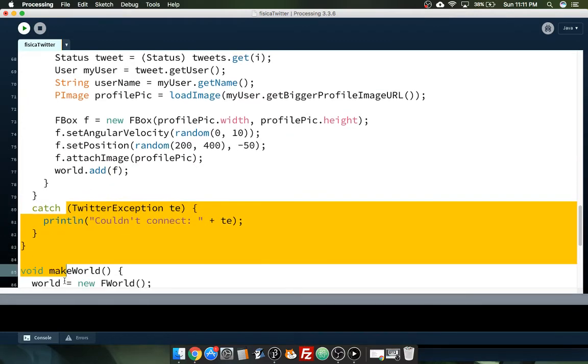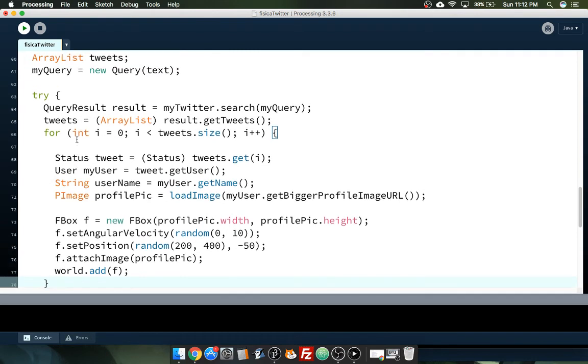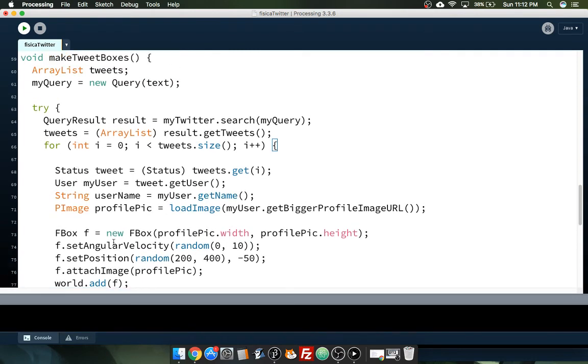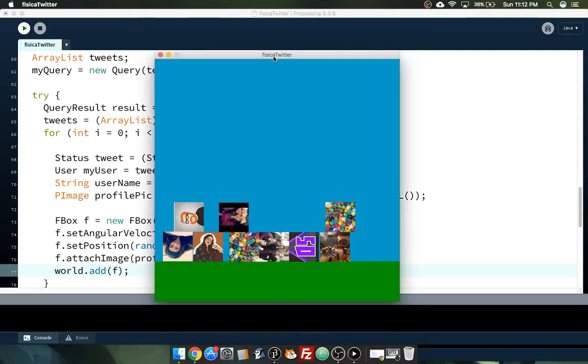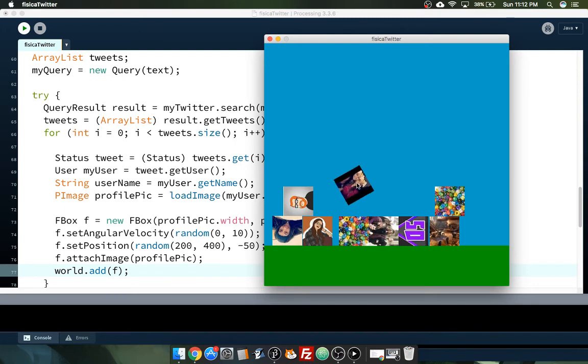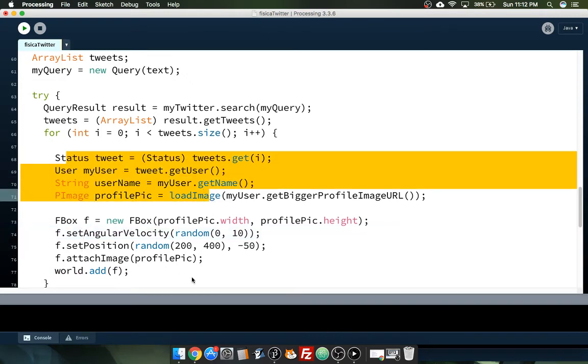And there's a catch that we won't worry about too much at the moment because we're not really going to catch those errors. So that's the story. This has a lot to be desired. It's a good start, but as I said before, you can't really get the tweets from these. These are just Fboxes. And the only part of the tweet that they have acquired